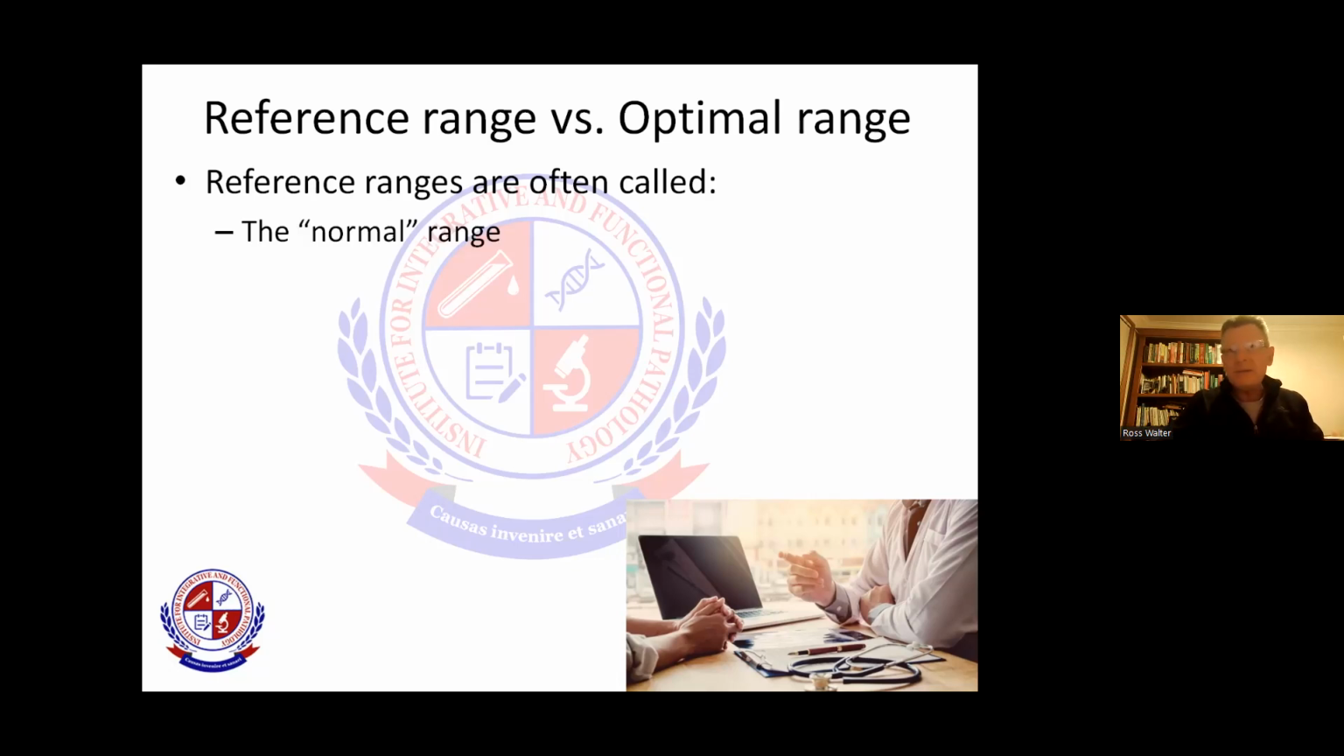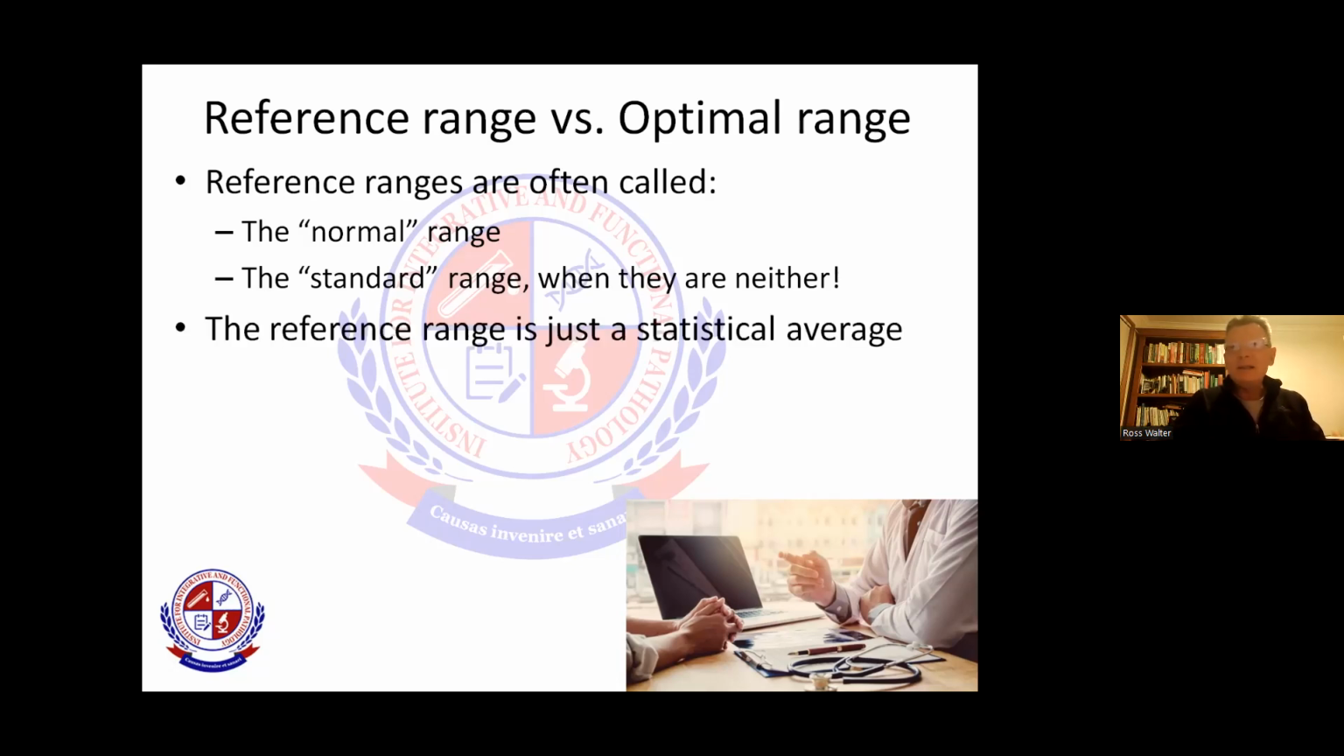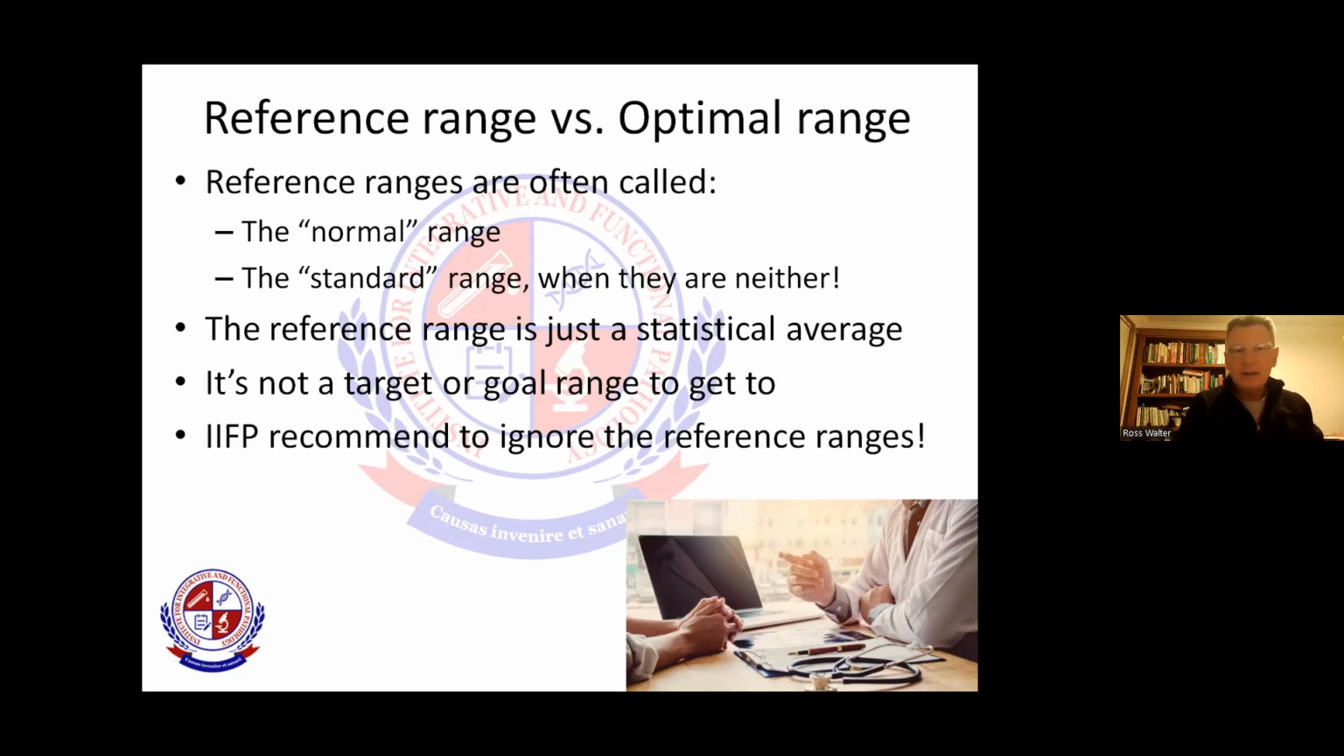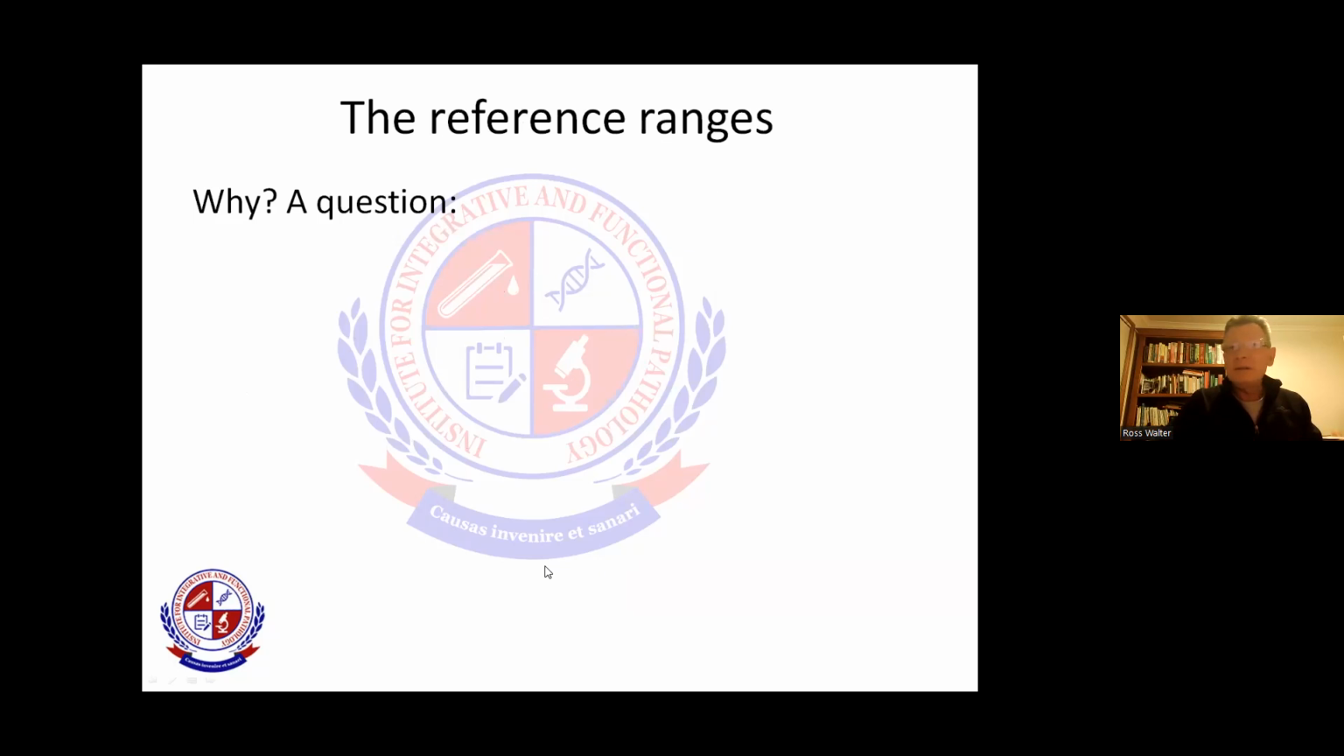The reference range is sometimes referred to by some people as the normal range. Sometimes it's referred to as the standard range, when it really isn't either of those. The reference range is simply a statistical average. It's not a target or a goal range to actually get to or achieve. It's just a statistical average. And we at the IIFP recommend that you completely ignore the reference range. That might sound like a bit of a shock to people. It might sound a bit controversial, but I will give you the answers as to why. But in order to do that,